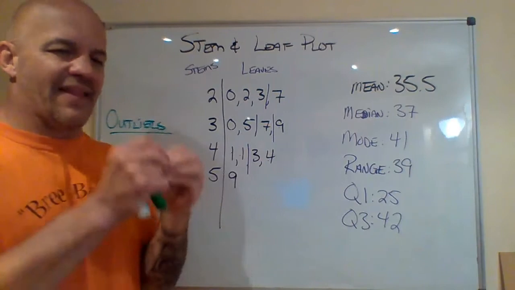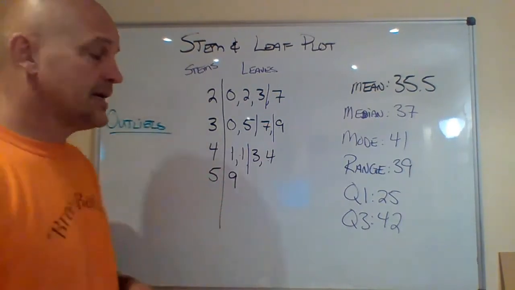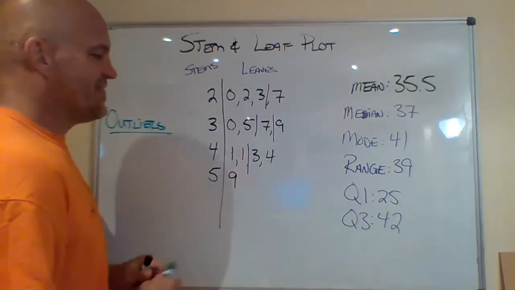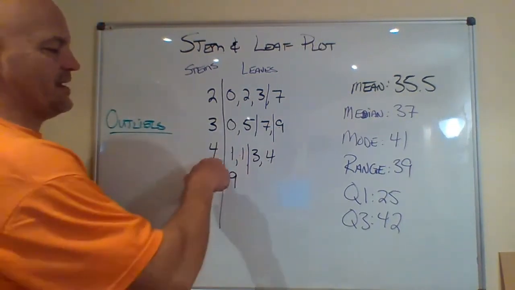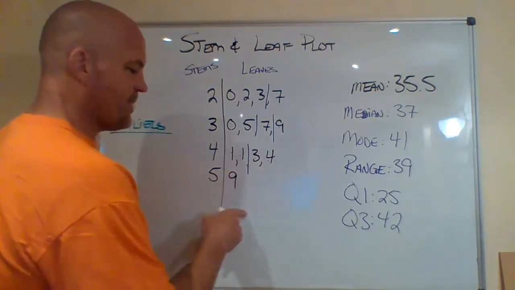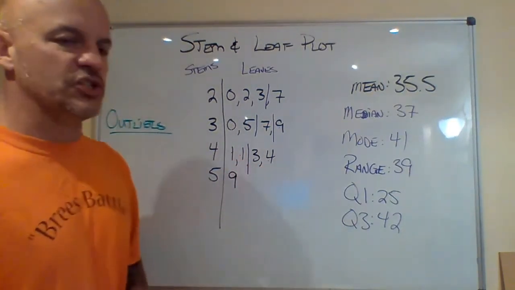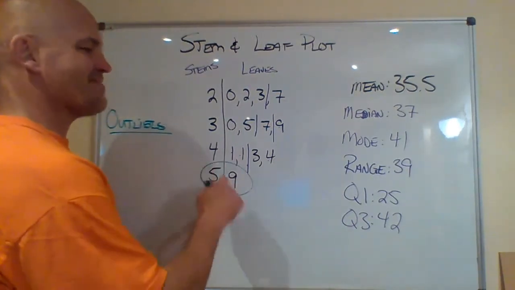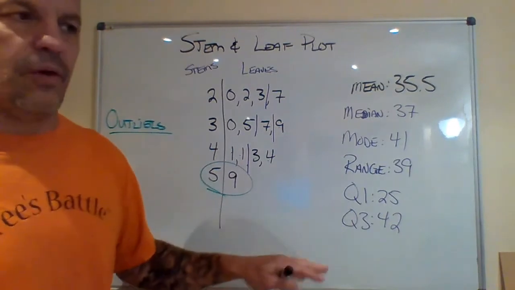There's no piece of data that really stands out from the rest. Now, when I get down to the bottom, or actually the highest number, then I start realizing that my data is 41, 41, 43, 44. Then all of a sudden it makes a fairly significant jump to 59. So when it comes to that one, I would say, yeah, he's kind of sticking out from all the data,